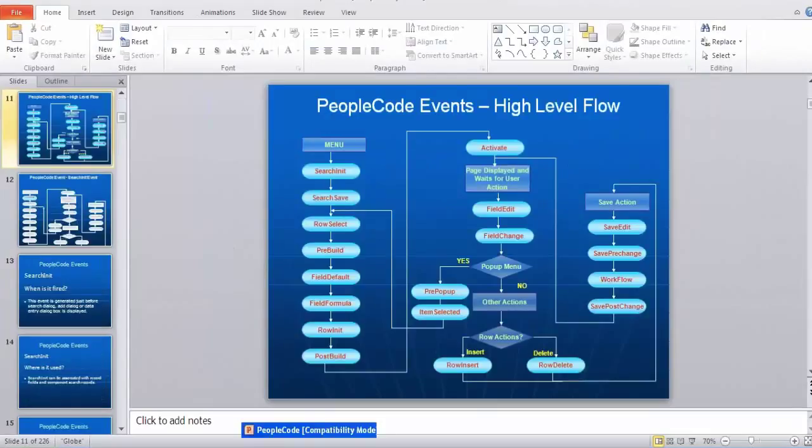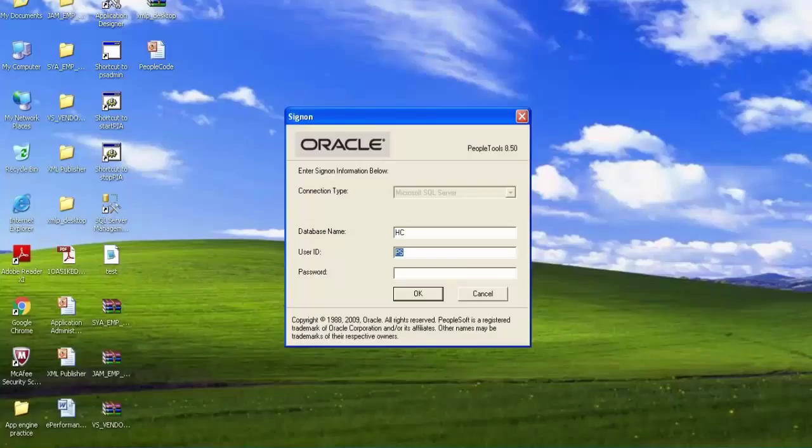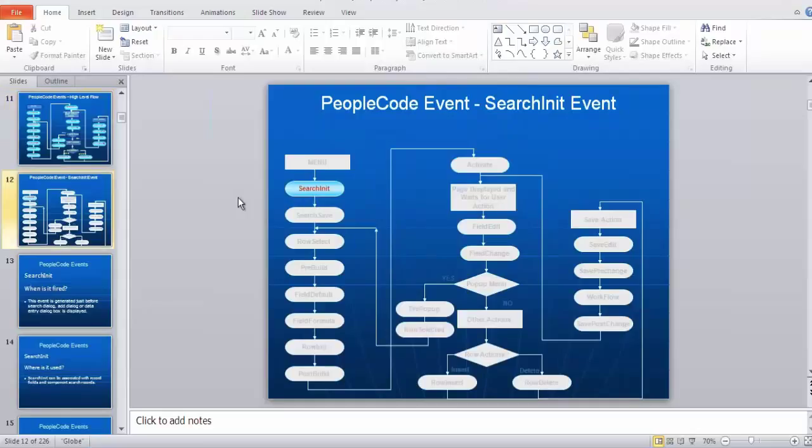Now today we will discuss the remaining events, all of the events one by one. First of all, the very first event in the event flow, that is search unit here. When we are coming to the discussion about the search unit, they are saying the event is generated